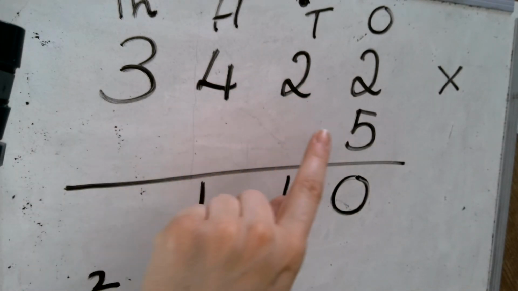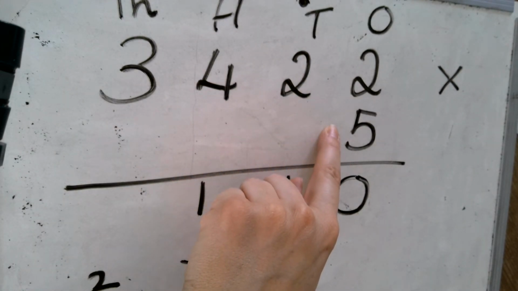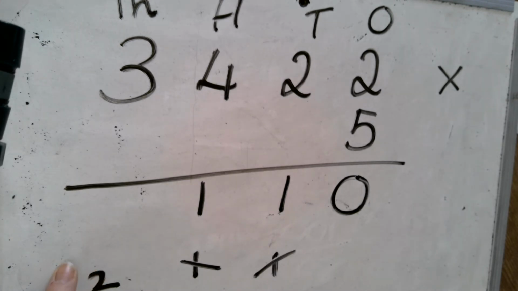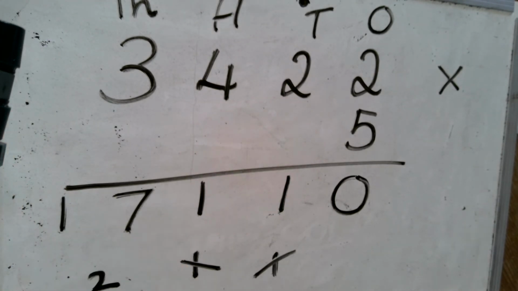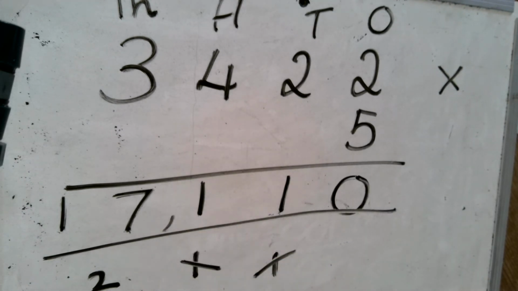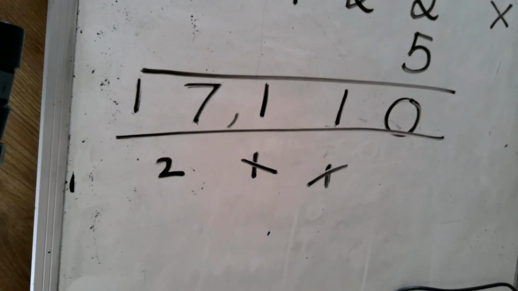3 multiplied by 5 is 15. Add 2 is 17. Now because this is the last digit in my calculation, I'm going to put my entire answer in the answers box. And there we have it. My answer is 17,110. Now, if you are confident that you are correct, you could move on, but I'm just going to check